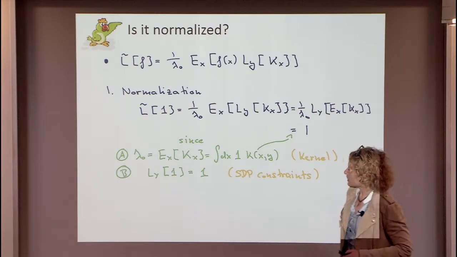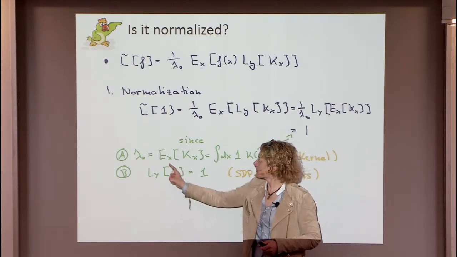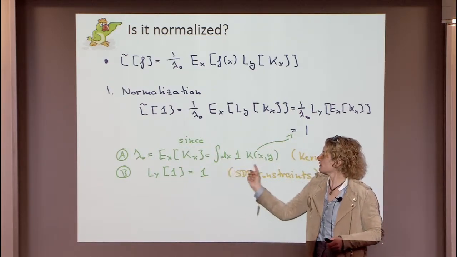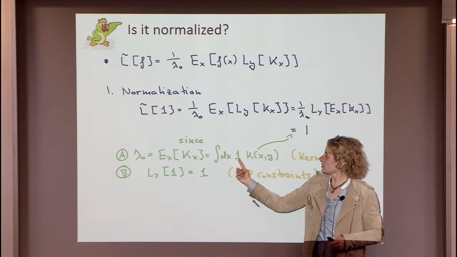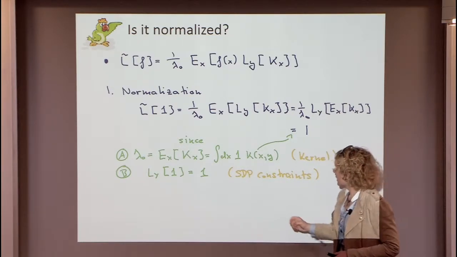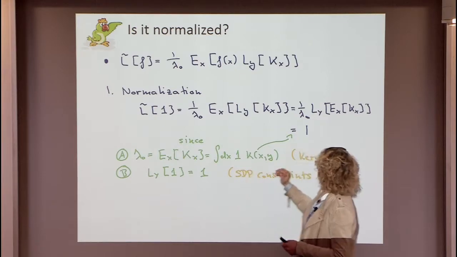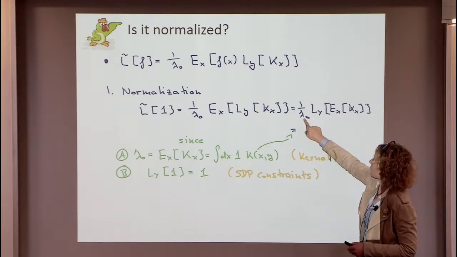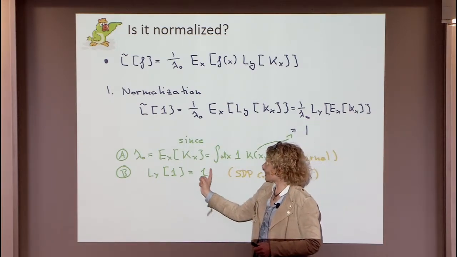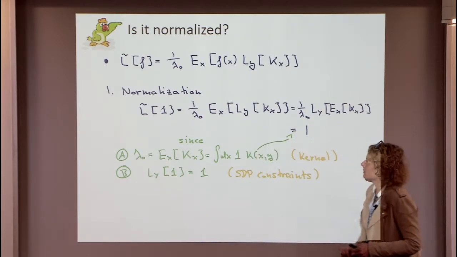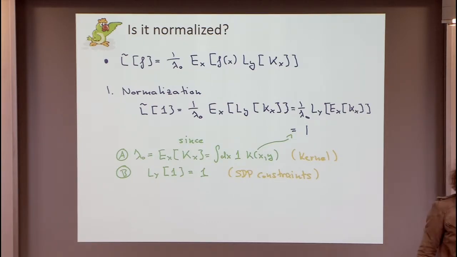So now we have some properties. Remember that the lowest order eigenvalue can be obtained if I integrate on the constant function, which just picks off the lowest eigenvalue of the kernel. This comes from the property of the kernel, which means that this here is just lambda 0 times 1. So the lambda 0 cancels with this lambda 0. And then I use the property that my SDP solution was normalized, in the sense that if I evaluate this at the constant function, I do